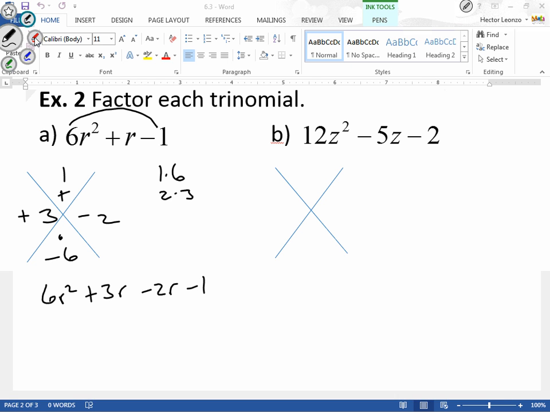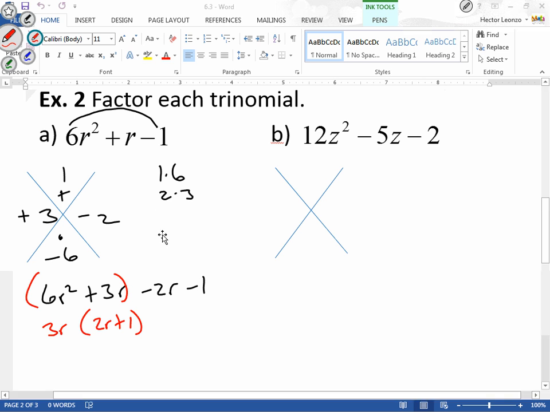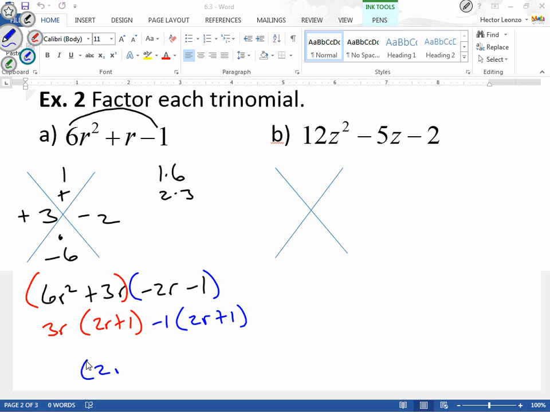So let's take a look. Okay. So the first two terms, 6r squared plus 3r, let me divide both of them by 3r, and I'm going to have 2r plus 1. Looking at the second group, let me factor a -1 out, and I'm going to have 2r plus 1. So my factors are going to be 2r plus 1, which is the common parentheses, and the other one is